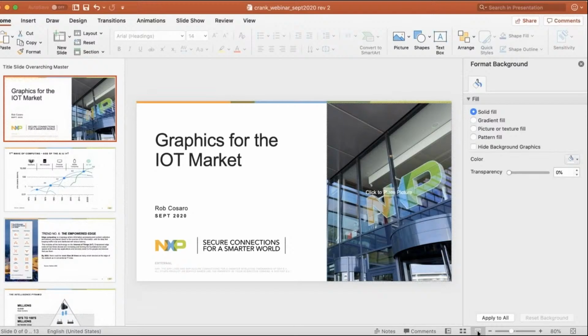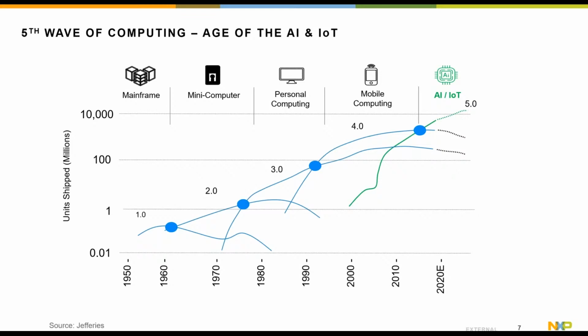Just to let you know, we're only seeing your PowerPoint, not your presence, so you just need to switch over. You're not seeing? No, I can share from my end, and you just tell me when to flip. Does that work for you? Okay, we'll do that. Yeah, that's fine. Go ahead then. All right, I'm sharing the first slide, the fifth wave of computing. Okay, great. So let me start again.